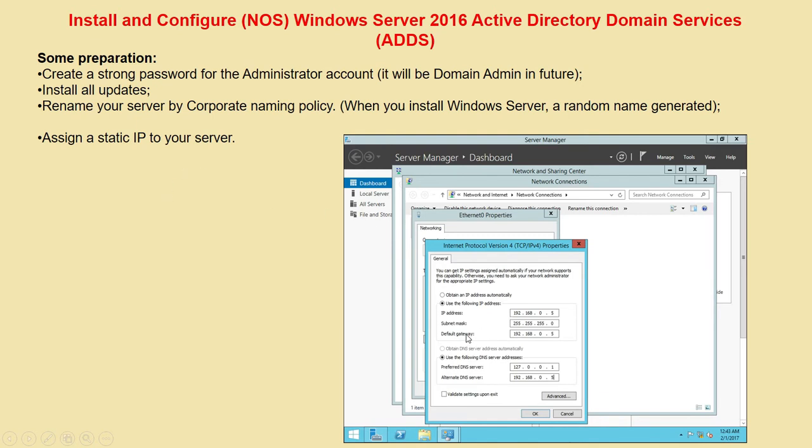For your server you have to assign a static IP, like the 192.168.0 series with 5 as the last part, and the preferred DNS server is 127. This type of IP you have to set.